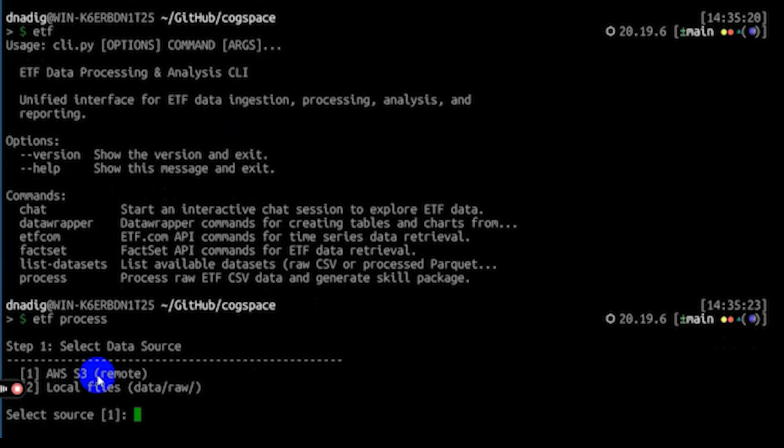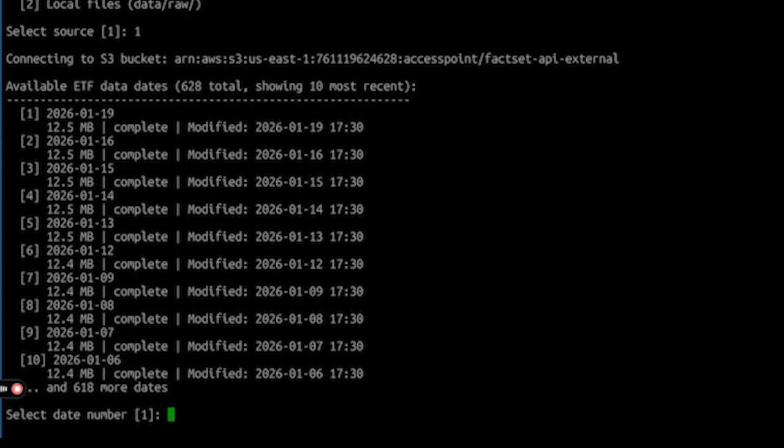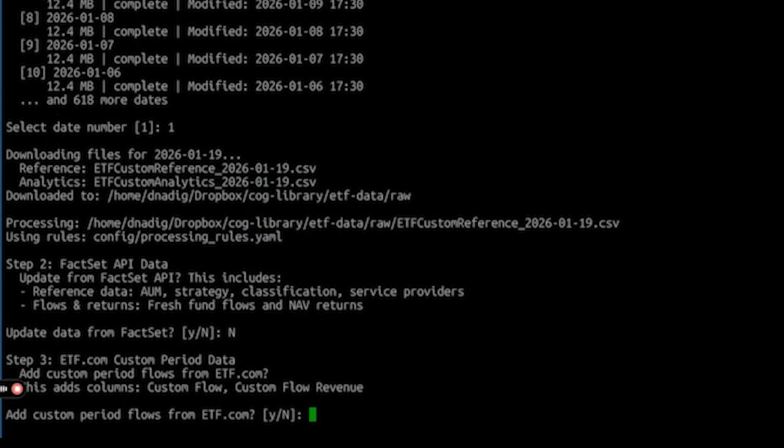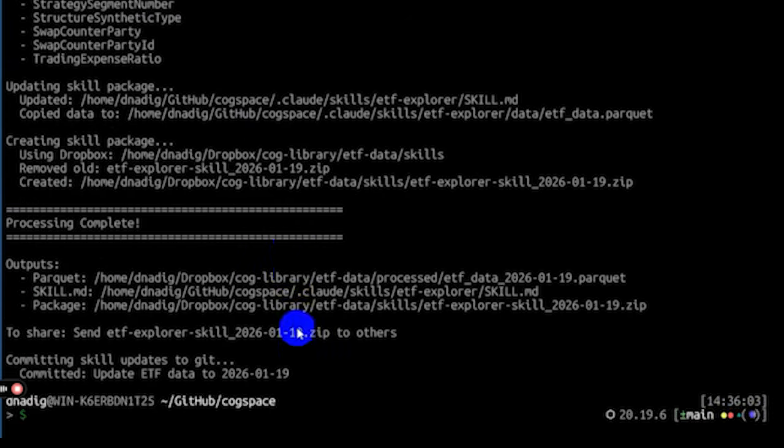So it's going to now go through a set of, okay, what data source do I want to use? I know that I can pull a bunch of this from Amazon Web Services. I select that. I just want to get the most recent data, so I'll pick the 19th. I have a couple of other checks I can do here where I can say go do a separate pull from FactSet. I'm going to say no. I can have ETF.com pull a custom flows period. So let's say I really want to know what 19 months of flows were. I could do that there. It goes through, runs this whole process,